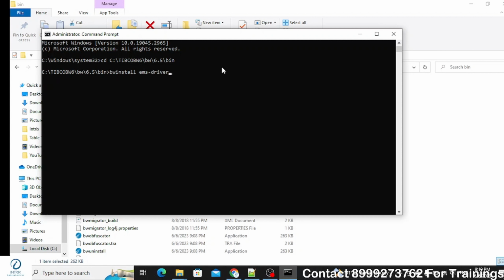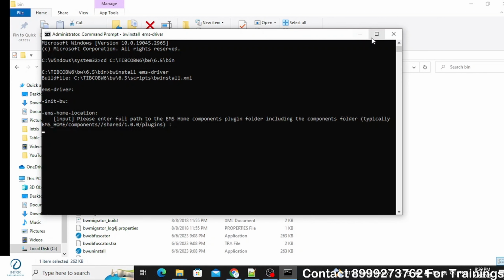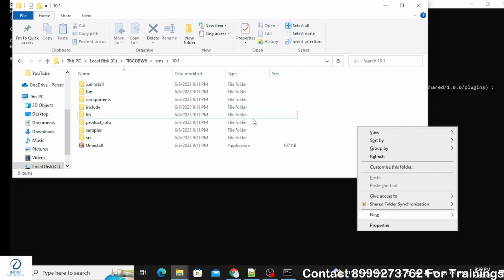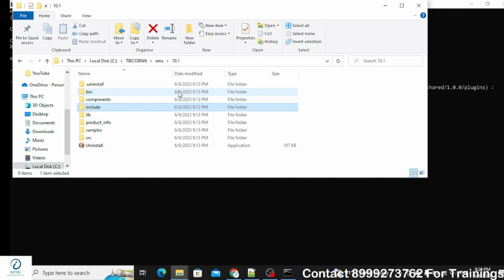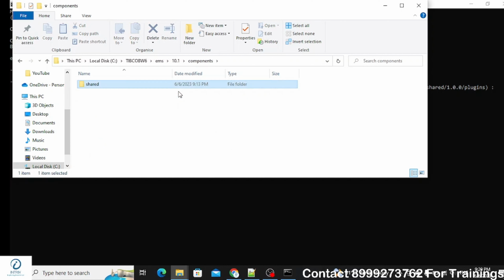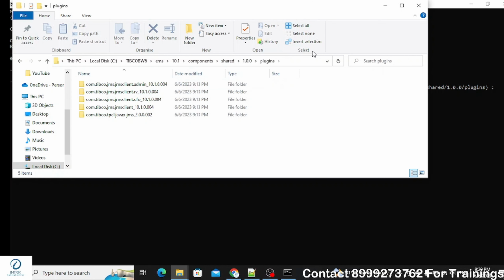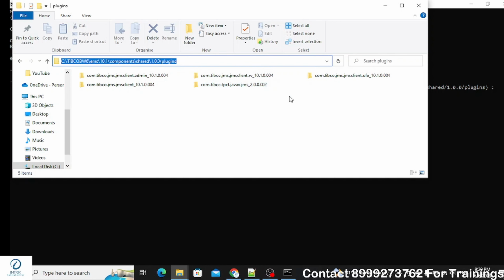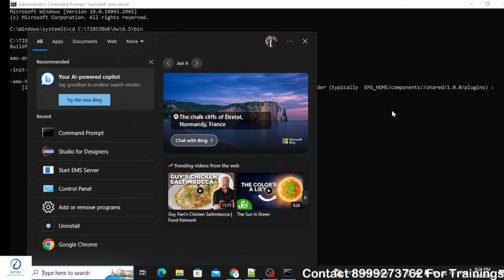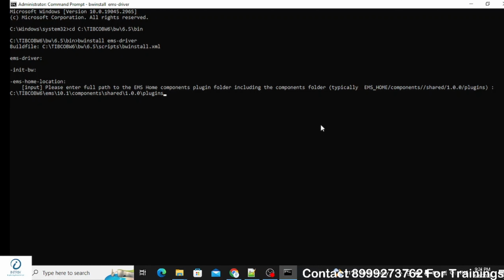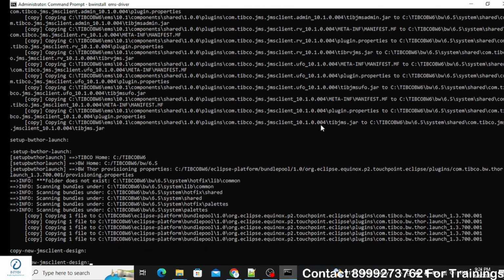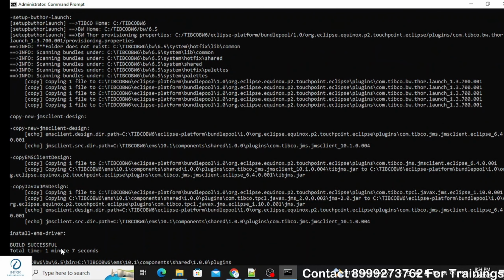It will ask you for the plugins folder, which can be located here in your EMS installation directory. Let me show you that. Now, copy the path from here and paste it in the command prompt and hit enter. Now you can see that you have received a message saying build successful, which means the EMS drivers were installed